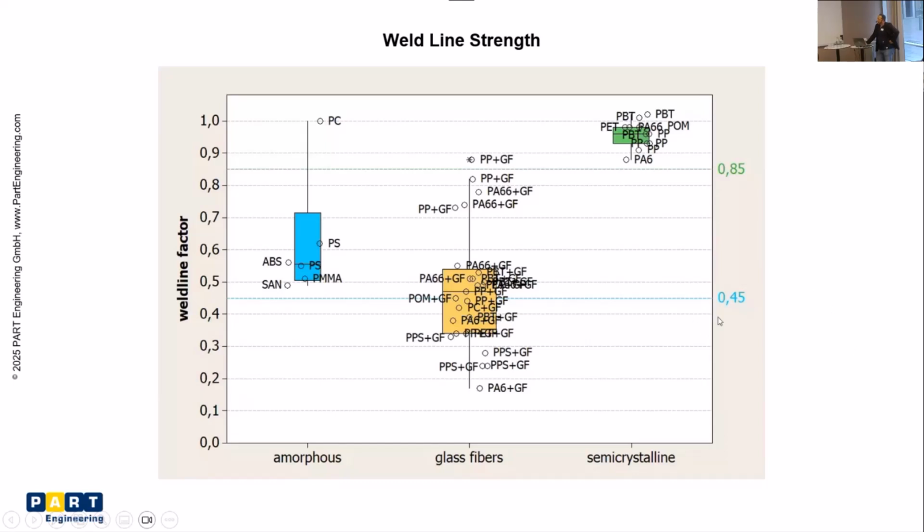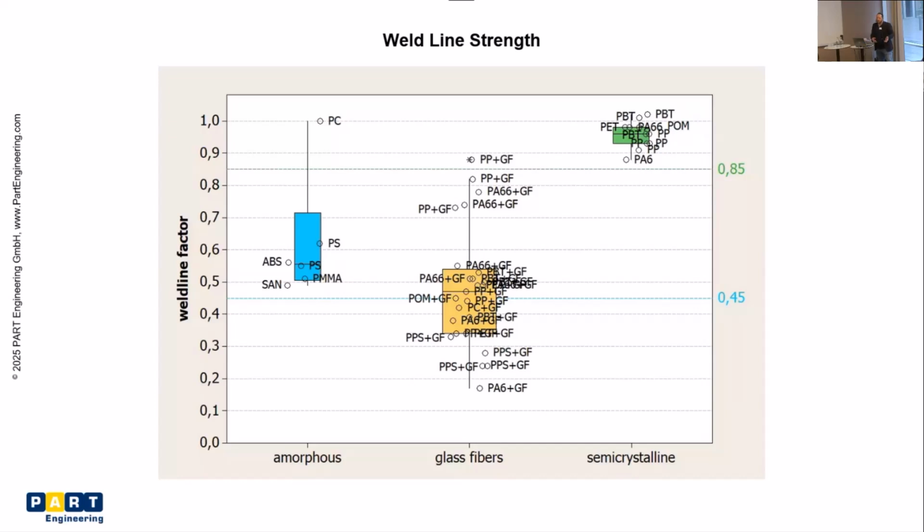And we were kind of surprised by the results on one hand, and then on the other hand, some of it is quite obvious. First of all, there's a huge difference between whether it is a semi-crystalline or amorphous polymer. Those of you that work with polymers probably know the difference. And of course, there is a huge difference in terms of fiber orientation. That leads to the fact that the fiber orientation is very crucial to weld line strength, in such a way that if you increase the amount of fibers in your part, then of course this effect gets even worse because